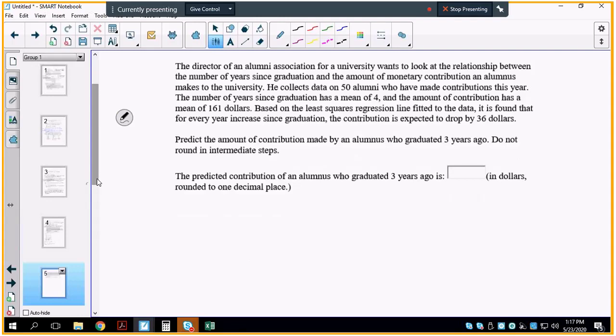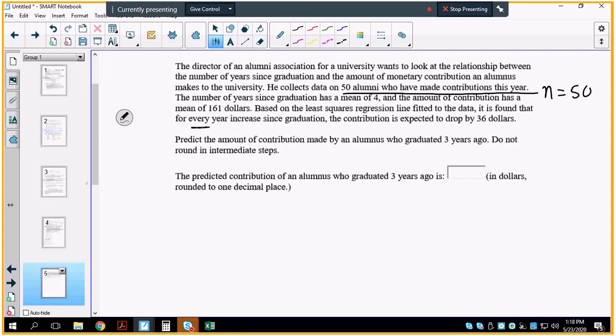The director of an alumni association for a university wants to look at the relationship between the number of years since graduation and the amount of monetary contribution an alumnus makes to the university. He collects data on 50 alumni, so that's the sample size. Even if we do not use it, we should write it down, who have made contributions this year. The number of years since graduation has a mean of 4, and the amount of contribution has a mean of $161. Based on the regression least square line fitted to the data, it is found that for every year increase,